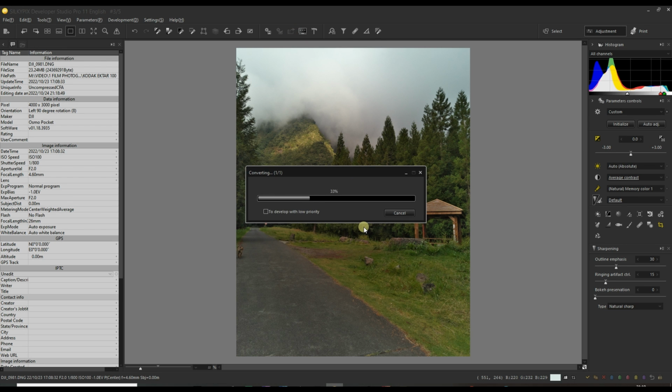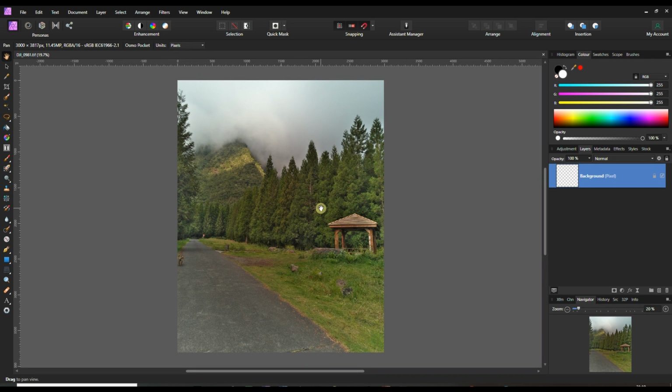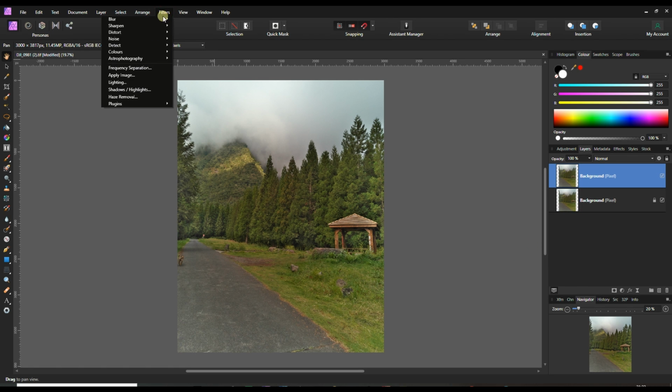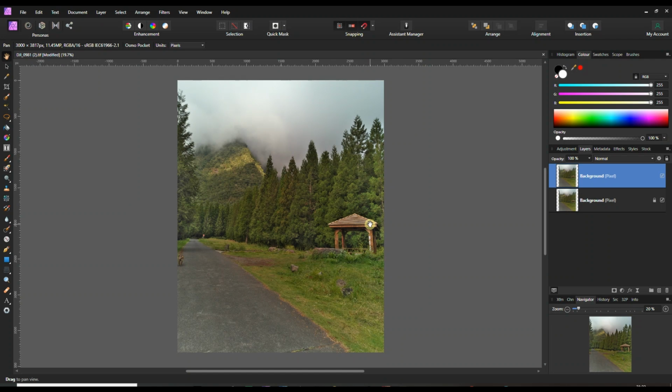The reason why I'm going to go to Affinity Photo right now is because I like to use Luminar Neo as a plugin. The reason behind it is that if I don't like something, I can delete whatever I don't like. So I'm going to right click on the layer, duplicate it, head over to filters. Now, before I head over to filters and then turn on my Luminar Neo, I will close my Silkypix Developer Studio Pro, because too many softwares might crash my laptop. Now we can safely open